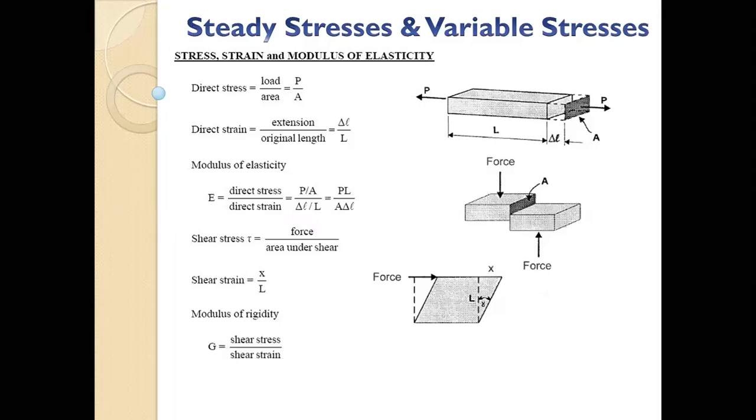Okay. And then modulus of elasticity is stress upon strain. Direct stress, whatever you are having right now, upon direct strain is your modulus of elasticity. Stress we saw is F upon A, load upon area, and your strain is change in length upon L. So it's basically PL upon A delta L, and that becomes your E. If I take delta L from the right side to the left side in this equation, then delta L becomes PL upon AE. So this is the formula which you have to remember.